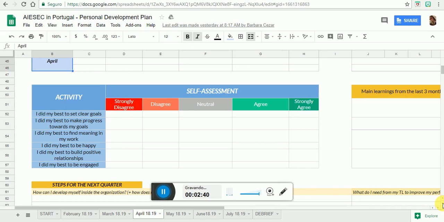And then when you are going to have your meetings, your one-to-ones, you can talk about this, and based on some points and what they tell you, you can bring it to next meetings and see how you can improve together. So it's just to mark, it's very simple, agree, disagree, and this will be good for the next month so they can improve.